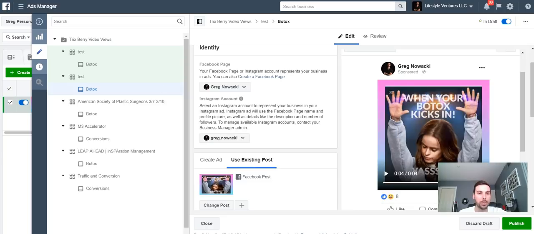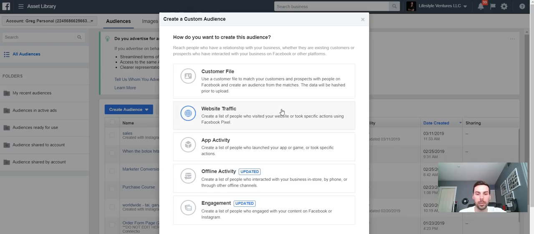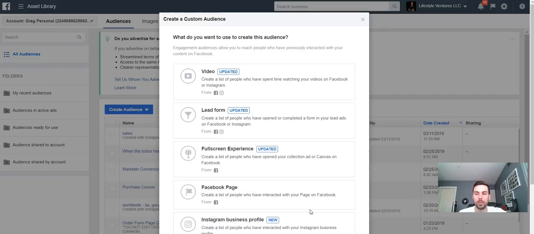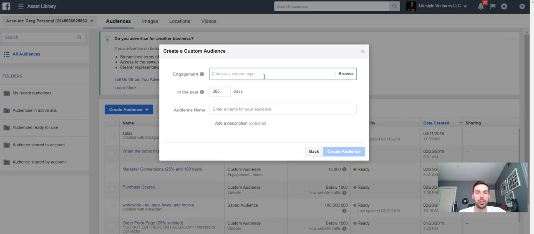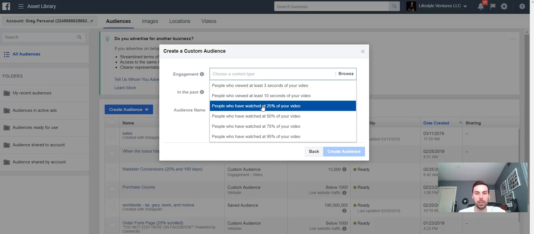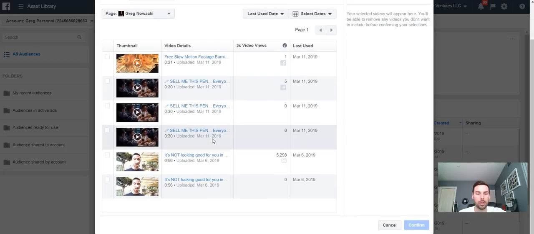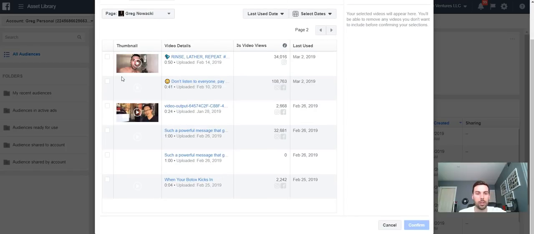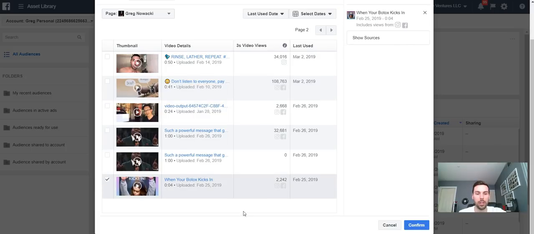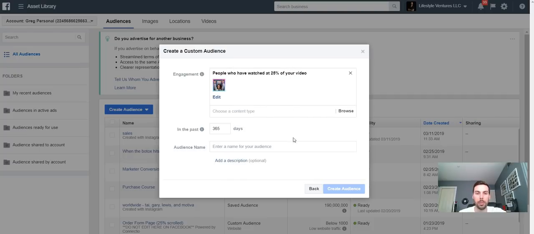So right here, we're going to come into our audiences and you're going to go under engagement. Now under engagement, you have the video option. So what you would do is you would select the video that you want to retarget people on. And we want to do 25% because with a 4-second video, 25% is 1 second. We'll choose our video. And let's see. So here's the video, and as you can see, this one has 2,242 views. We'll click confirm. And then we want to do it just for the past